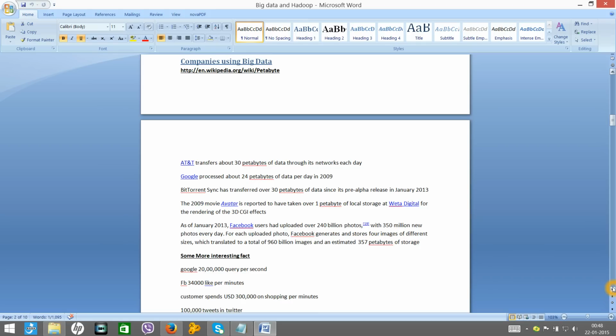Even the movie Avatar, when it was created in 2009, the video that was captured to create this movie required around 1 petabyte of space to store those high clarity 3D videos, and to process them they consumed around 1 petabyte of local storage.